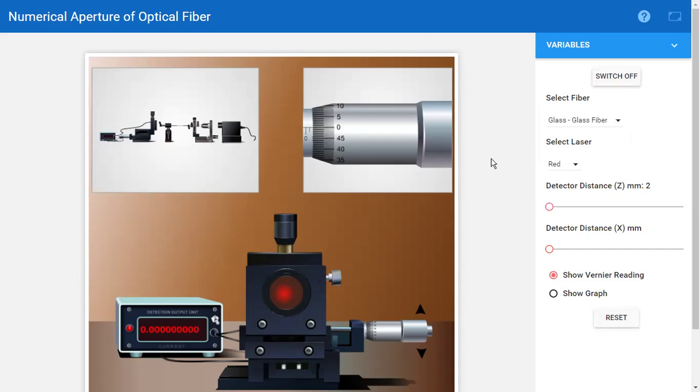is showing 000 reading. And next click here to select the optical fiber. So first one you take the glass fiber, and here you select the type of laser. So I will select the red laser. Next, coming to this point,